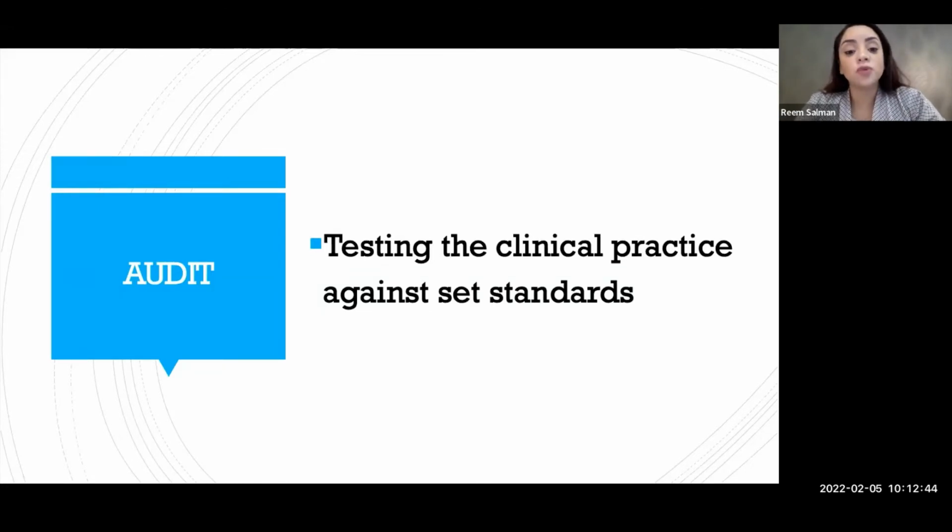So sometimes when we do an audit and we find out that there is a lot of concern that we're not meeting the standard, and the shortage of not meeting the standard is, let's say, 50% or more, then we have to question the standards. We have to question the guidance that we are actually following. Is it realistic? Is it measurable? Did I actually do the audit the right way? So there are lots of areas that we need to cover properly to be able to actually test the clinical practice.